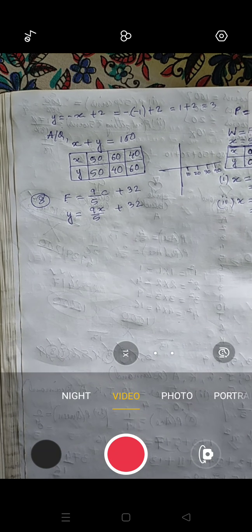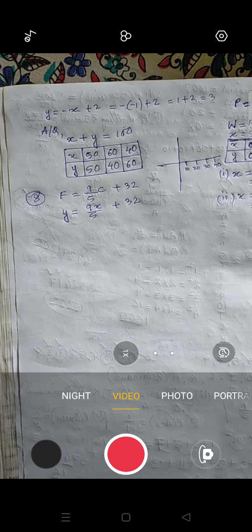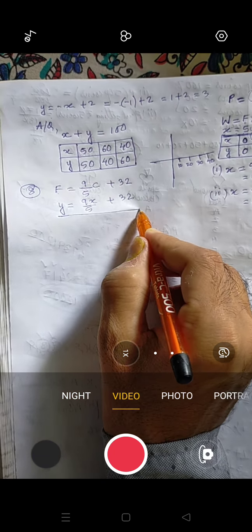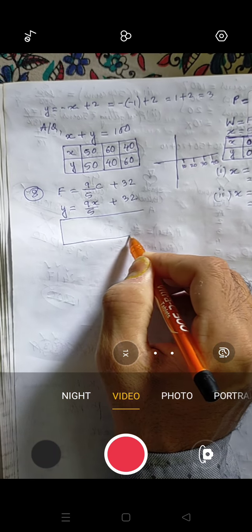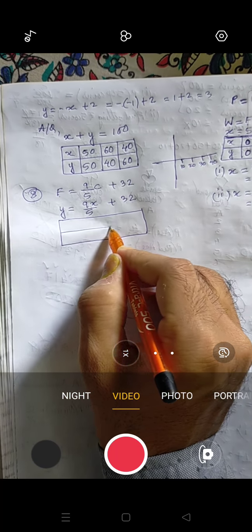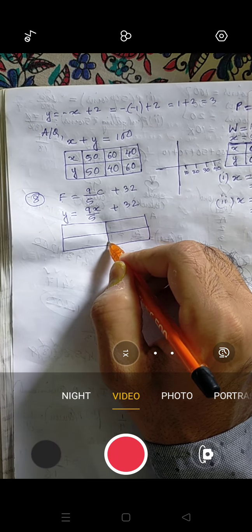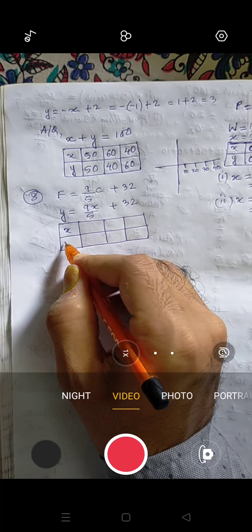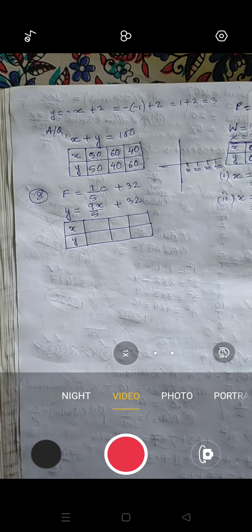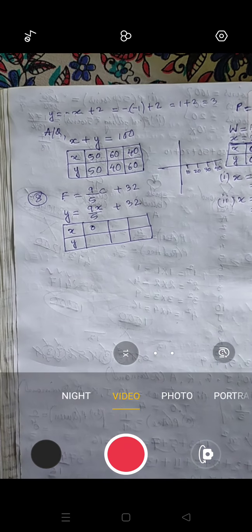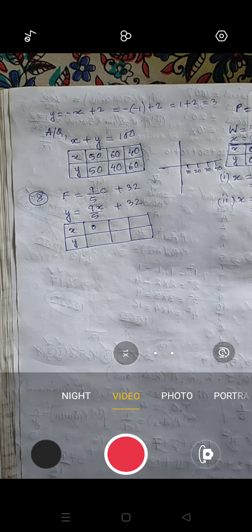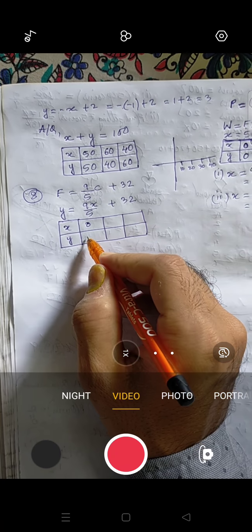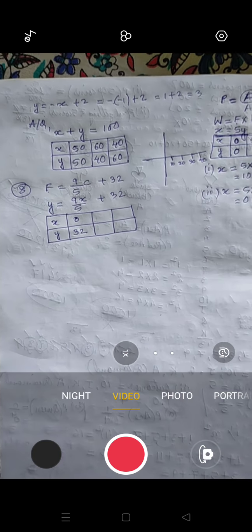Clear? Now in the question they are telling you to draw the graph. So we will try to take the coordinates in such a way that they should not be fractions and should not be very big also. You have to draw the graph in the first question. So this is x, this is y. Okay. If I take x as 0, then this will become 0. 0 plus 32 is 32, y will be 32. Understood?